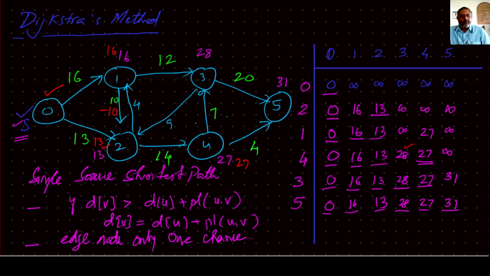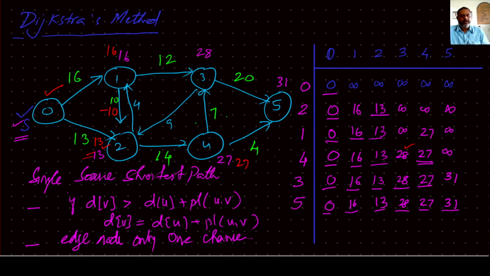But from 1 you can go to 2 also, and 16 minus 10 is going to be 6. But the Dijkstra algorithm says that 13 is already used, so this cannot be updated. This cannot be updated, therefore this is going to remain 13, which is in reality a wrong answer, because the